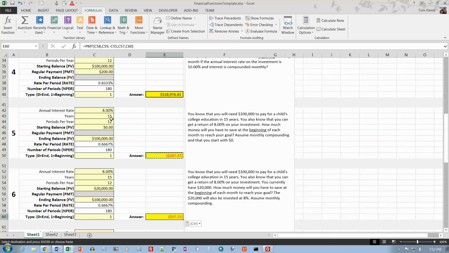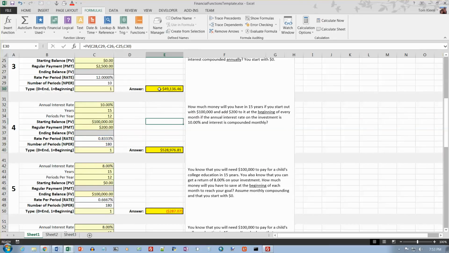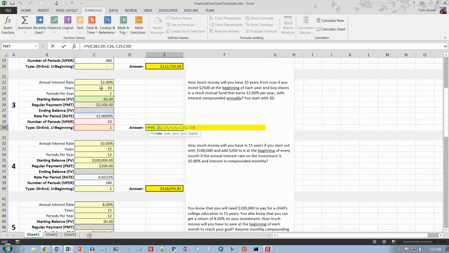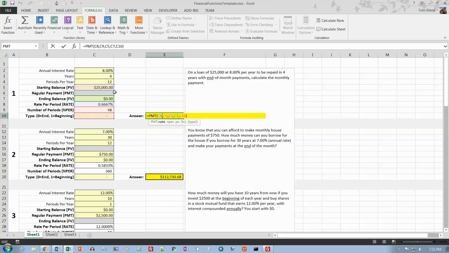And one thing you may have noticed on every one of these functions here is that I am always grabbing my arguments from these bottom 6 rows here that are in bold. I never use the top 3 up here. If I double click on this, bottom 6. Now one of them's not going to be used because that's the one that we're trying to find, but let's double click on this. Again, I'm not using the top 3. Double click on this, not using the top 3. So I am always using